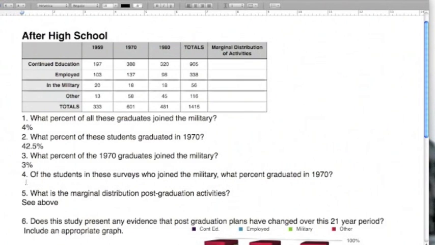In number 4, of the students in the surveys who joined the military, my condition, in order for me to consider you in this particular question, is I have to have joined the military. From that group, the total military was 56. Of that group, what percent graduated in 1970? So we look back in 1970, you have 18 out of the 56 graduated in 1970. In this case, which is a much larger percentage, we have